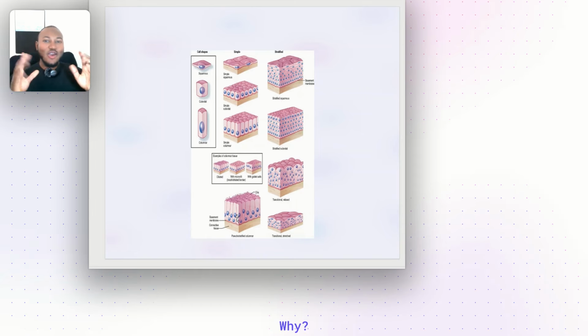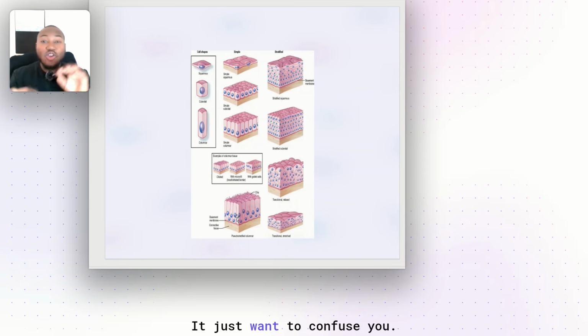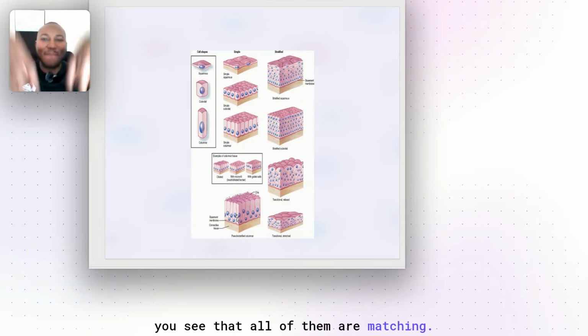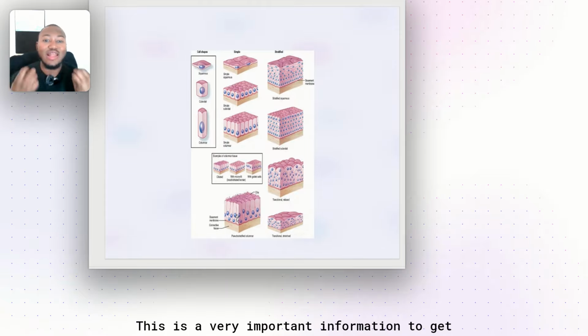Now, if you look down, you see the pseudostratified. This is crazy. Why? Because the pseudostratified, its aim is just to confuse you. All right? It's trying to tell you, oh, I am stratified, but it's not actually stratified. If you look closely, you see that all of them are matching, or their legs are on the basement membrane. This is a very important information to get,